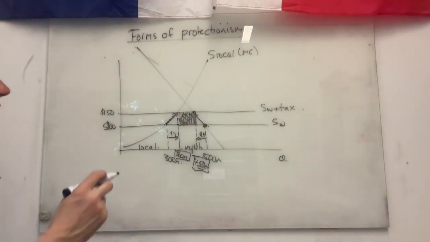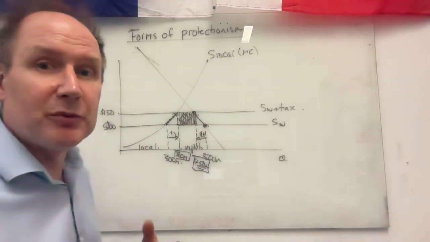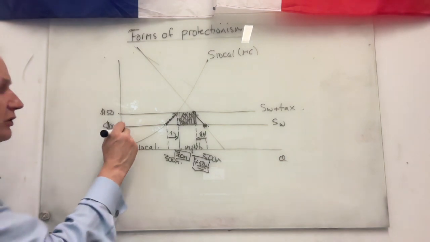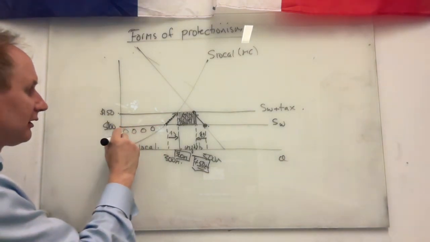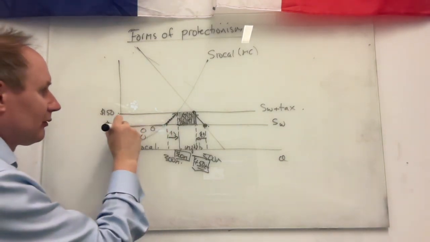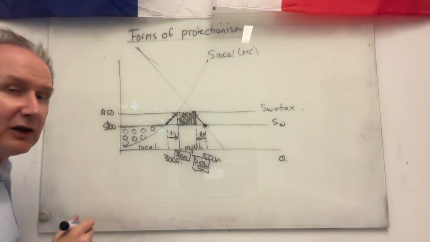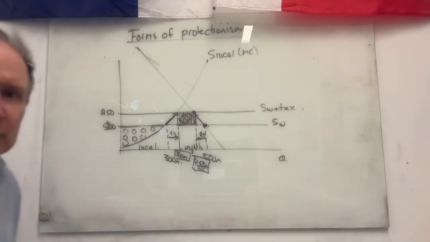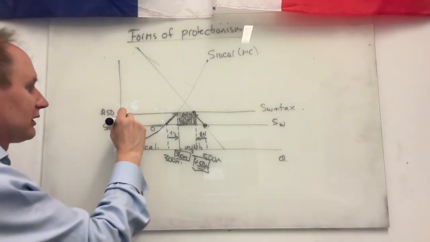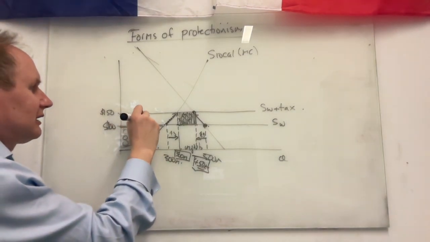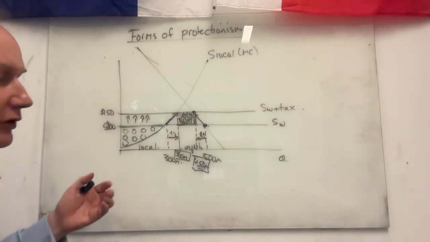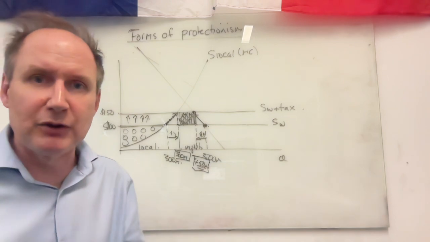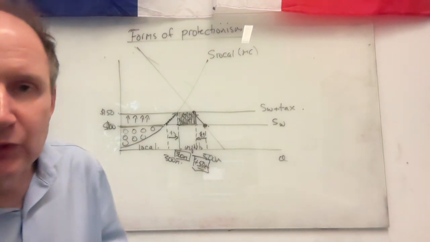The second thing we can see is producer surplus. Producer surplus is the gap between marginal cost and the price that things are sold for. Originally, producer surplus was this area here. That was the price that local firms were getting, $100. Those were their marginal costs. But what's happened is that producer surplus has gone up. It's gone up firstly because existing firms are getting $50 a unit more. They can increase their price to $150 to match the price of global imports.